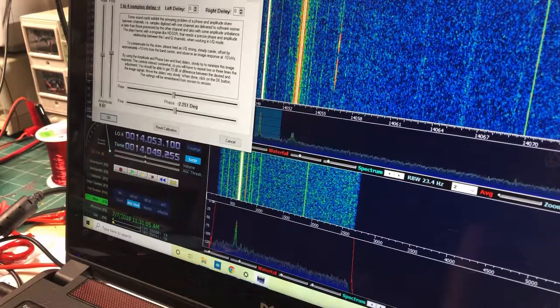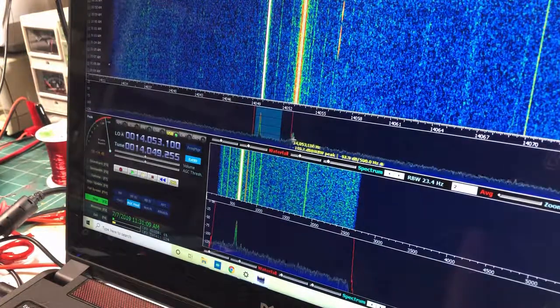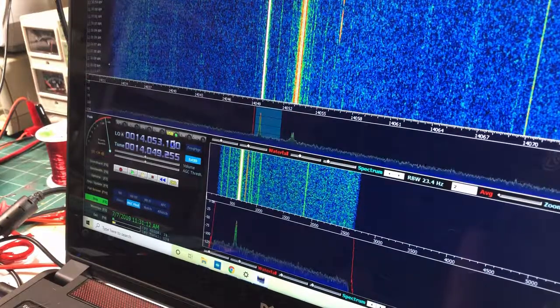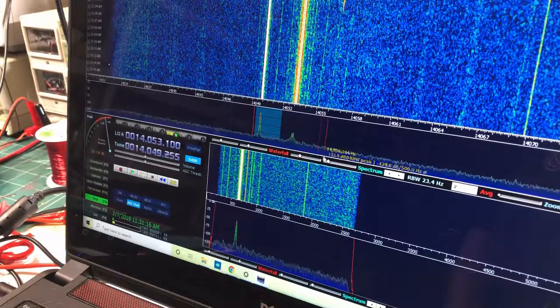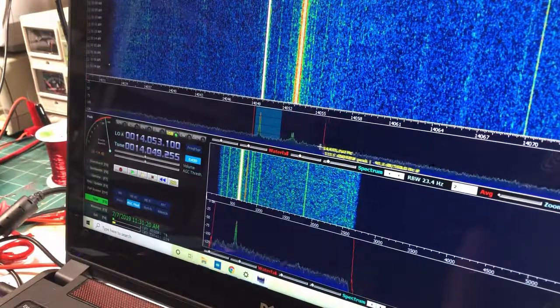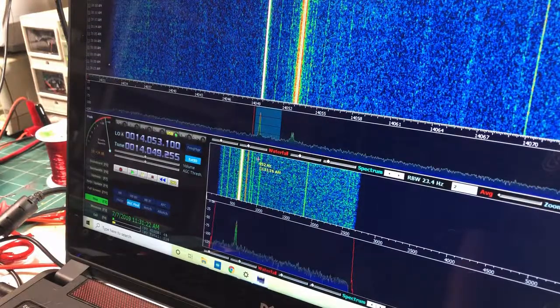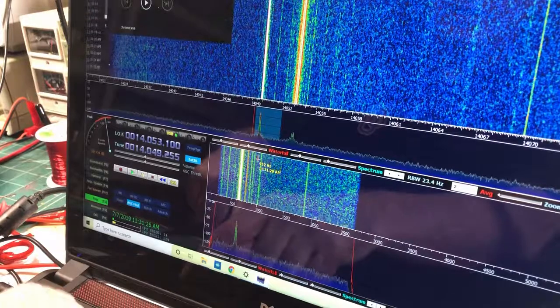So now you can see I've got one strong primary signal, and I've got a bit of mess around the local oscillator frequency, which you'll always get. And then there's no image signal at all. So that's good to go. So let me just turn the volume up a bit. You can hear